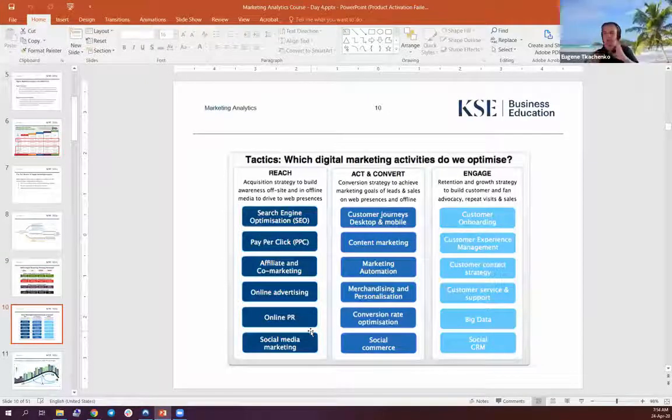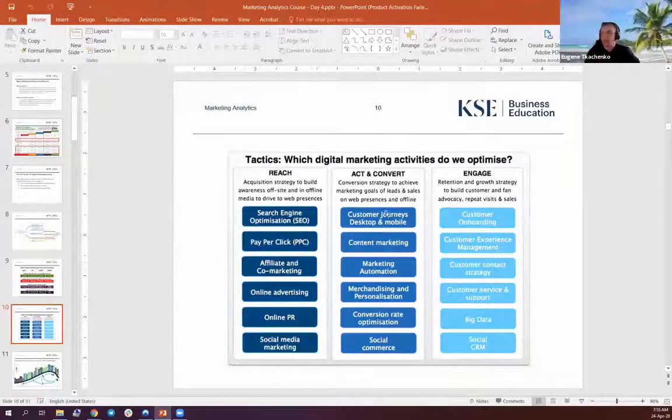So for the reach stage, of course, all your metrics and all your measurement framework will be built around these categories or channels. But if we are progressing towards the act and convert stages, we are trying to facilitate the conversion process for our leads, in order for them to become sales qualified leads or basically close the sale.